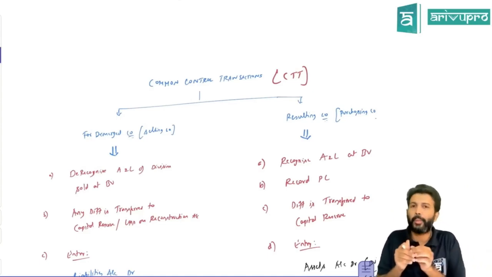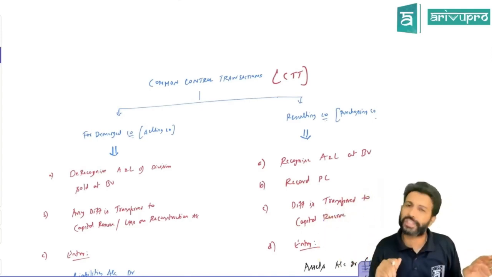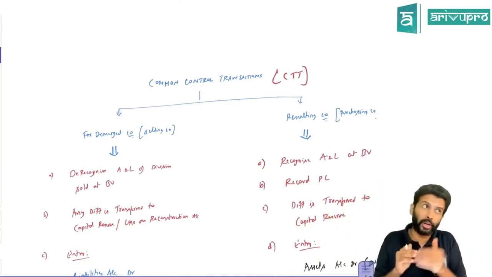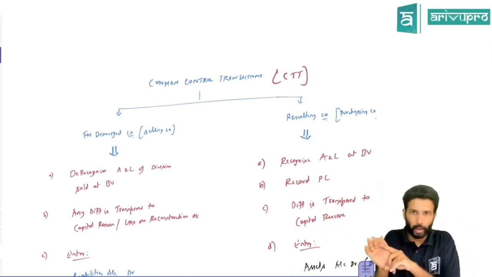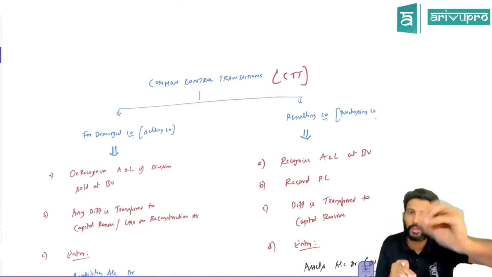So whenever in case of common control transaction, check have you sold the whole company? Is it a whole company sale or a division sale? Okay. So how would it become a common control transaction if we sell it? I'll tell you in the problem. It's easy to understand with numbers. Okay. So common control transaction could also be for a division sale.